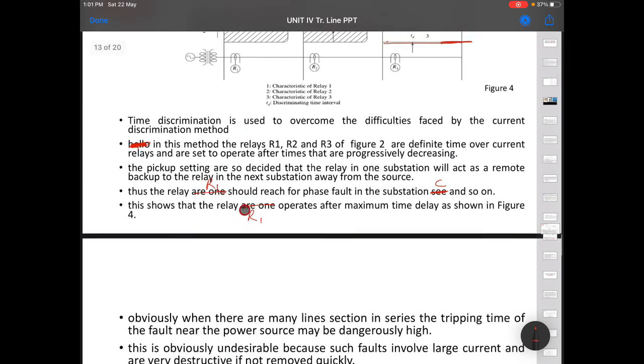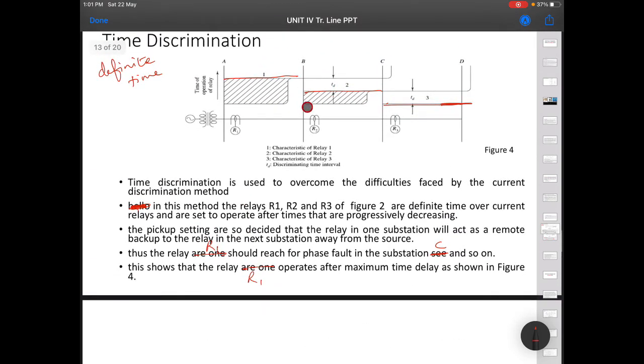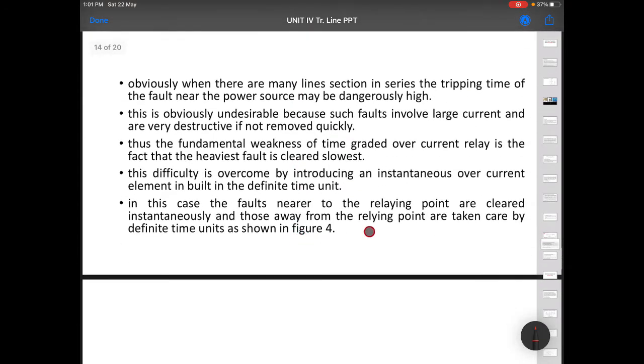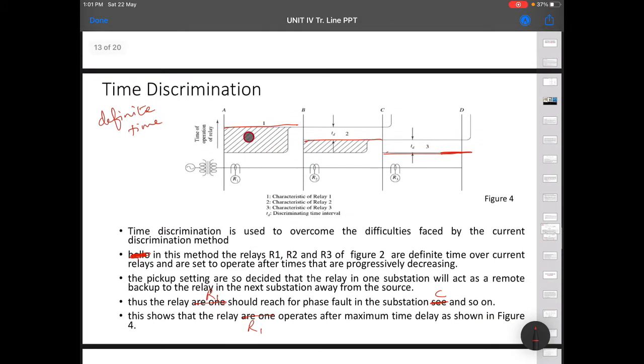So this is how it is overcome. What is this shaded part? Till now I didn't talk about this shaded part. You are introducing an instantaneous overcurrent element in this definite time unit. So since for this definite time you are adding an overcurrent relay, once it senses high current, more the current, lesser the time.